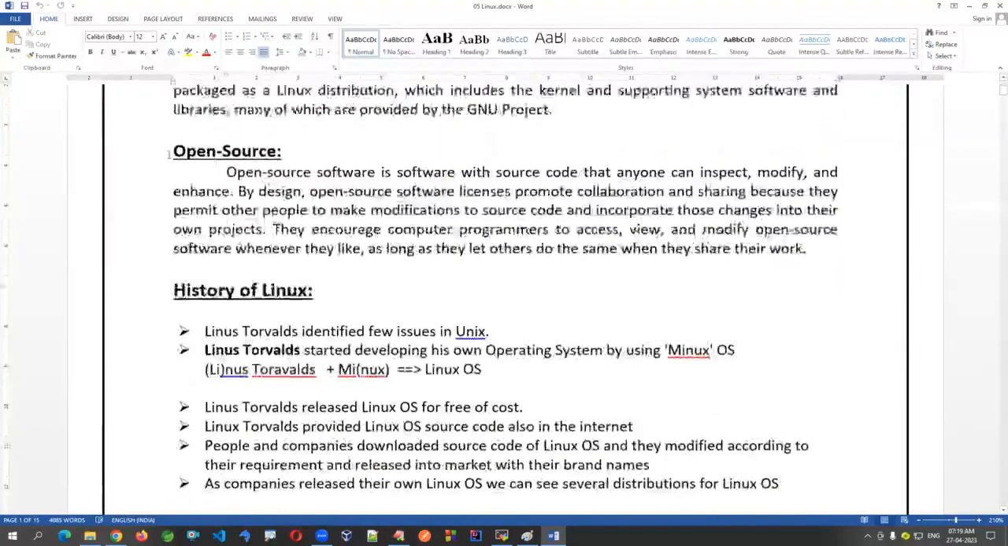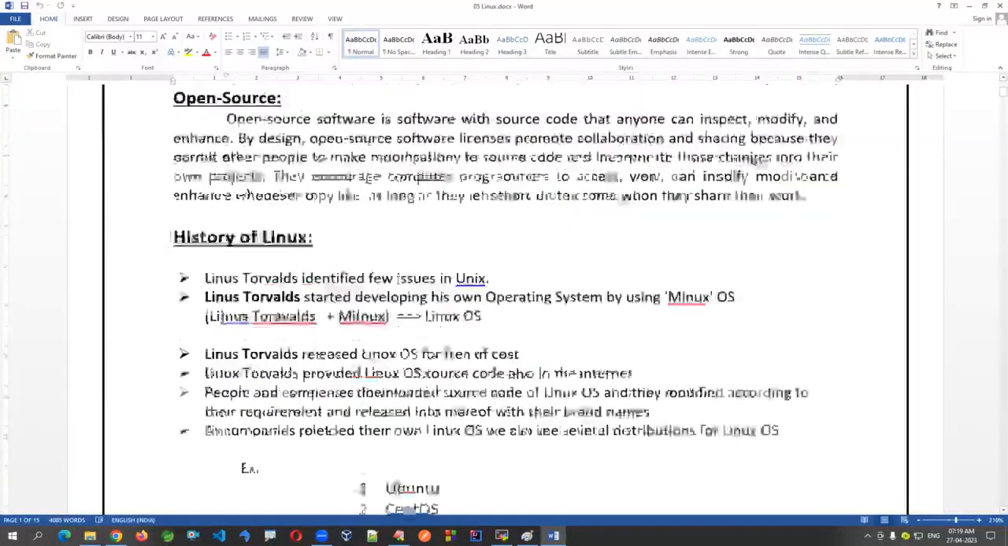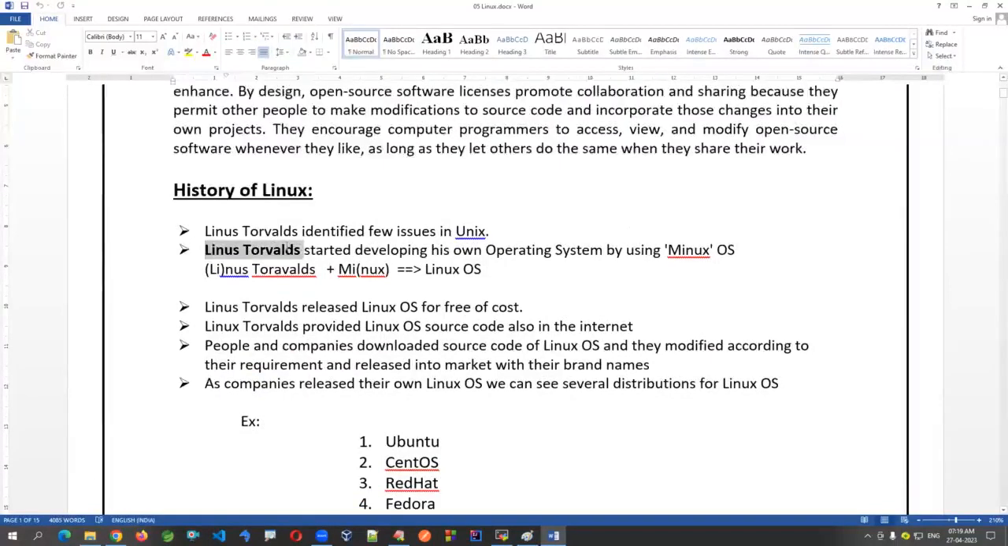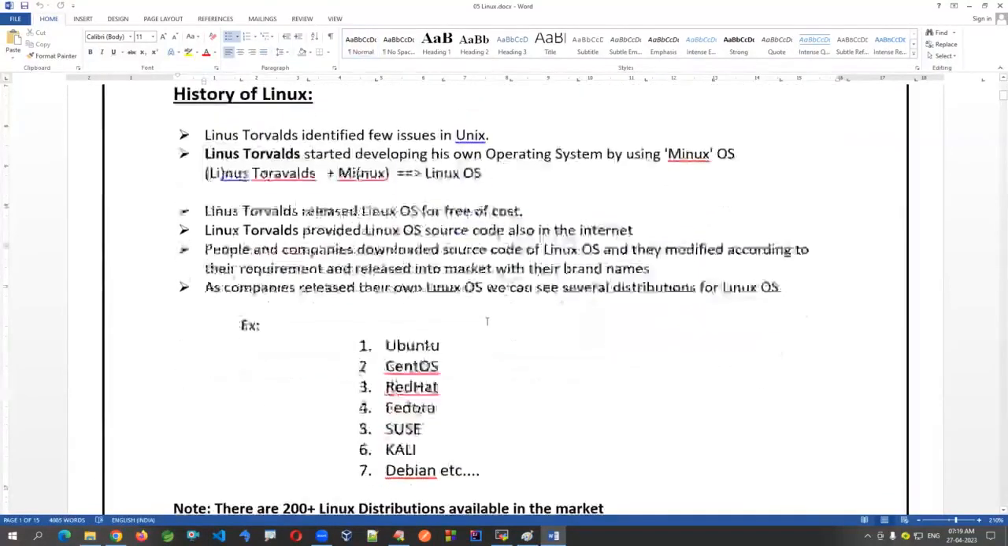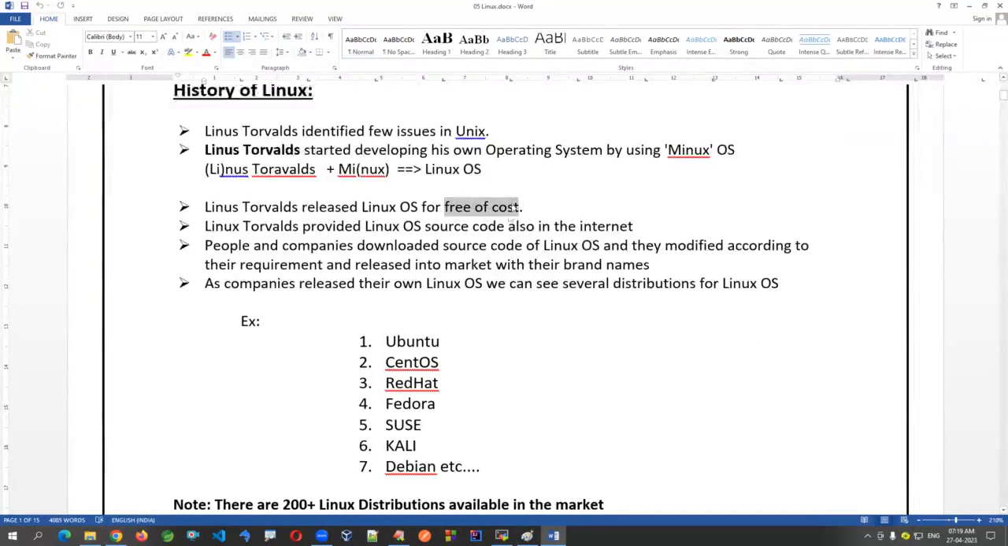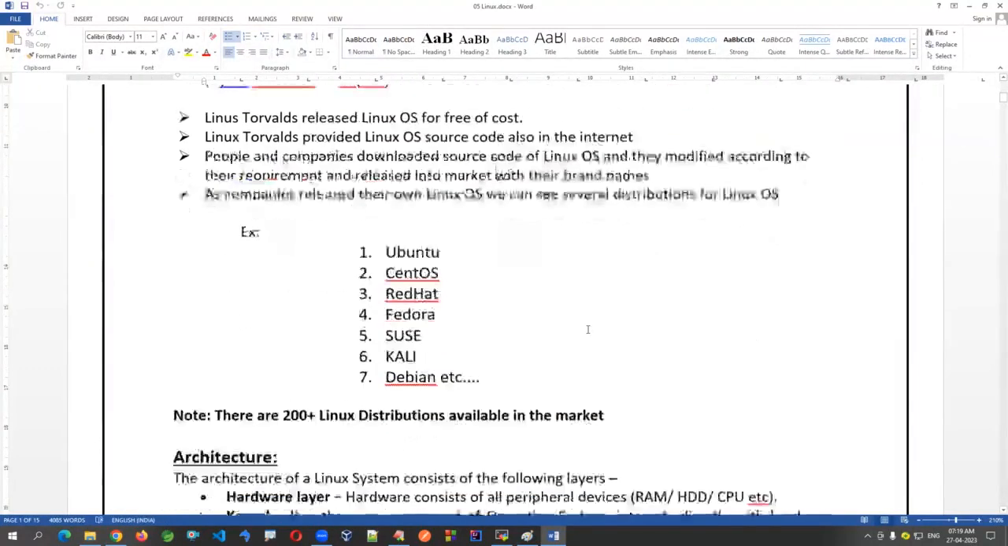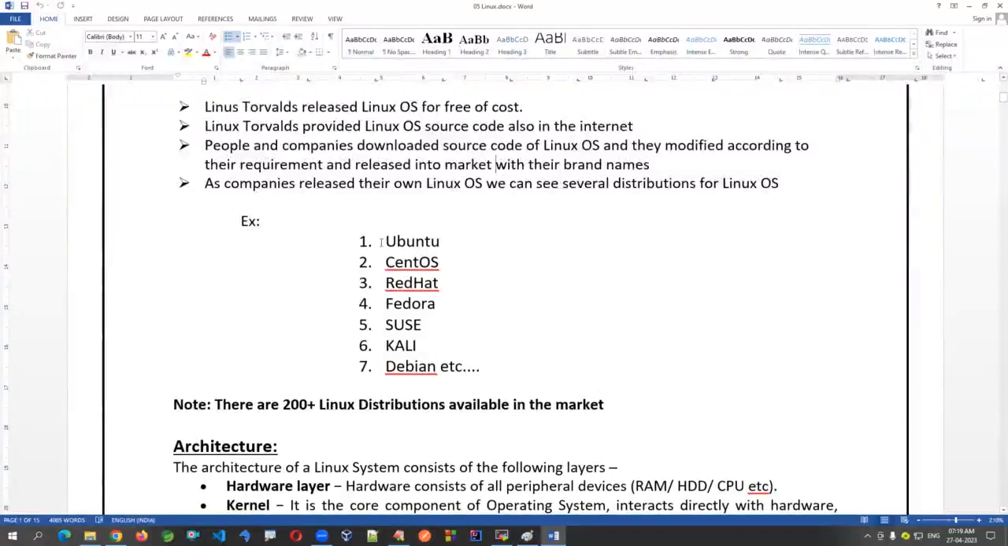It's open source. Okay, you can take that code, you can modify the code, and you can release the code. Everything you can do. Linus Torvalds is the person who created Linux. And it's free of cost. You can use it. This is the best software to use, but Linux internally has so many distributions